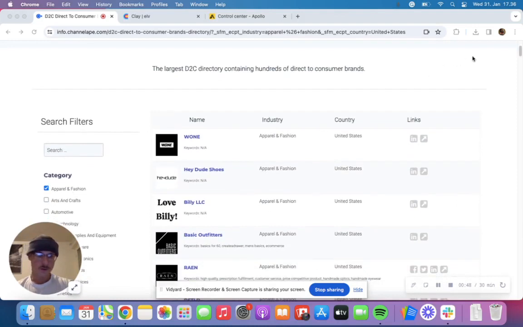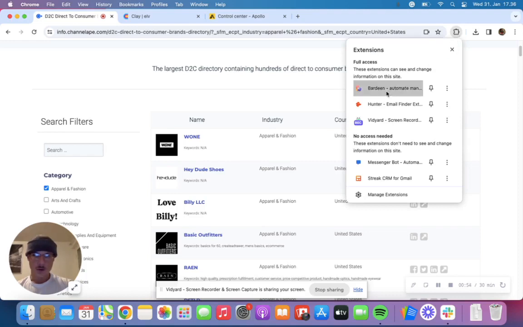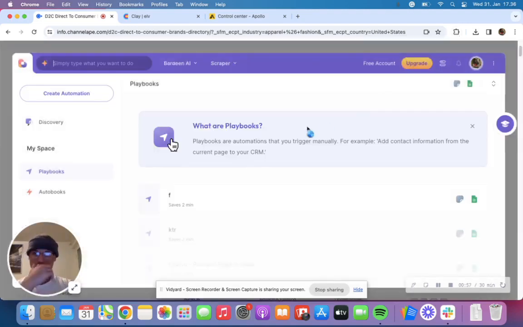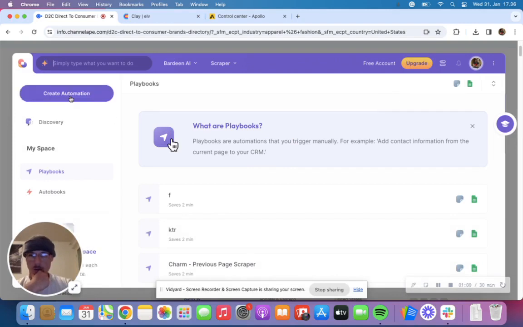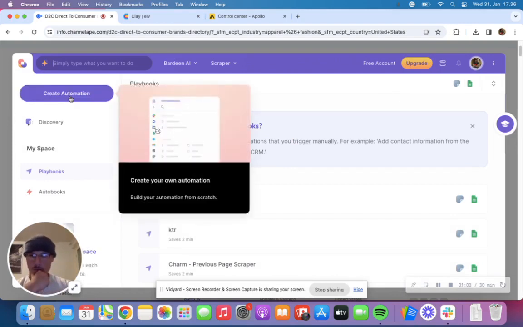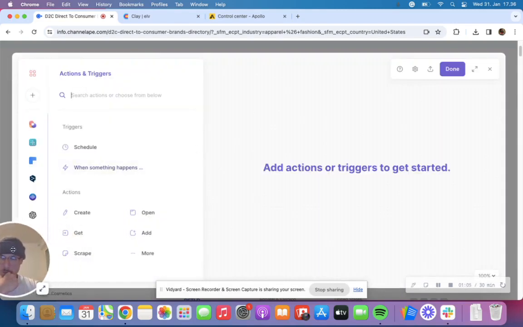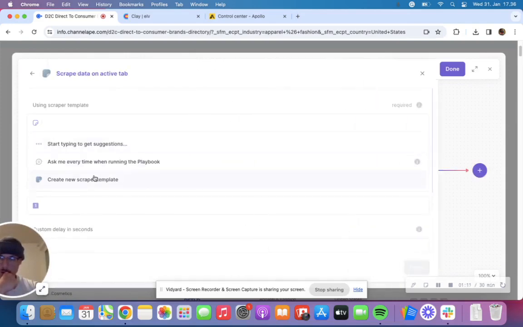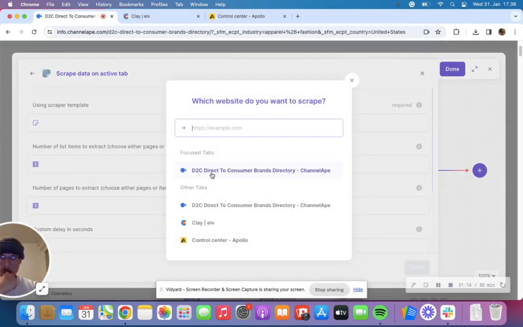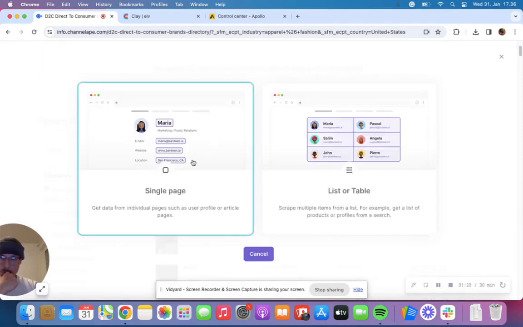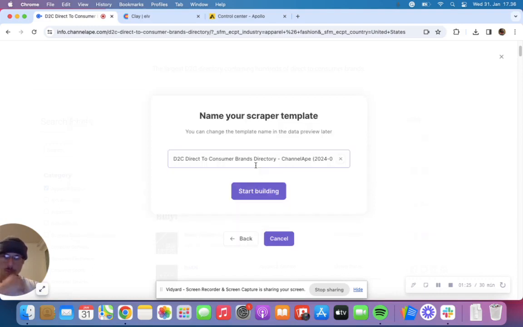So without further ado, let's jump into the first bit of the automation. We're going to open up Bardeen right here. Then we're going to start building the automation to scrape all the domains here. So go here, scrape data on active tab, create new scraper template. We're going to click this because this is the site that we need to get the data from. And it's obviously a list, so we're going to click list. Let's just name it test